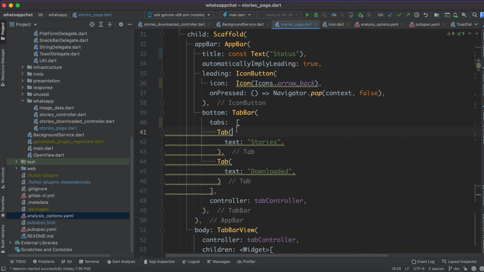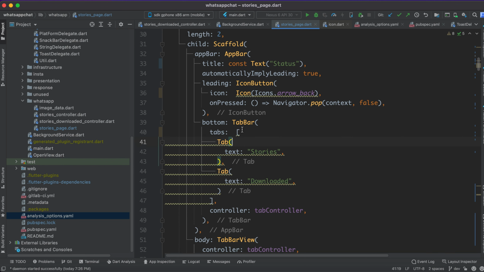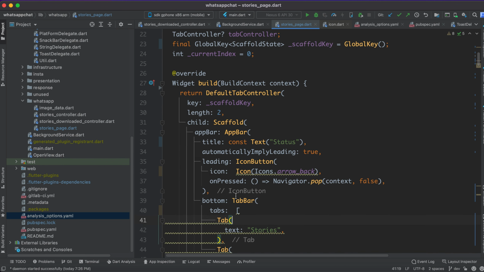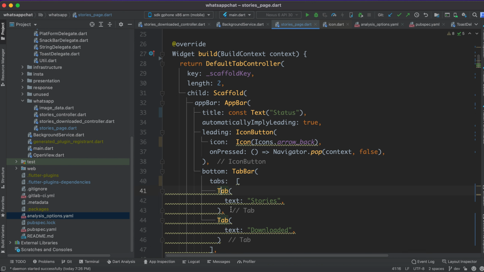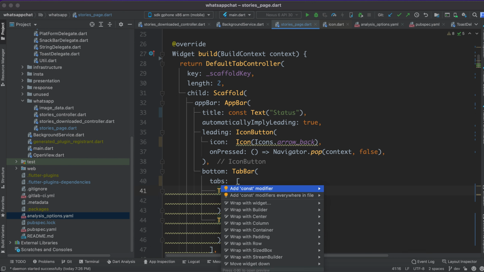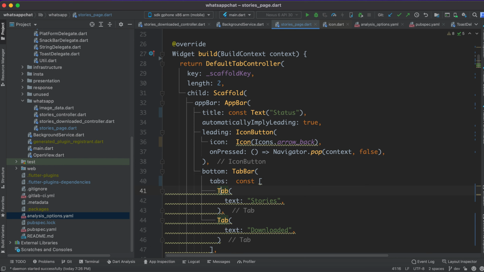And when you come here, I'm not using dynamic things here, right? This text is static, so it will not update whenever the build method rebuilds. That's why they tell us that we should use a constant value here. After adding it, the warning will go away.